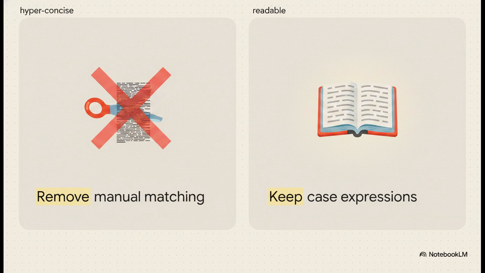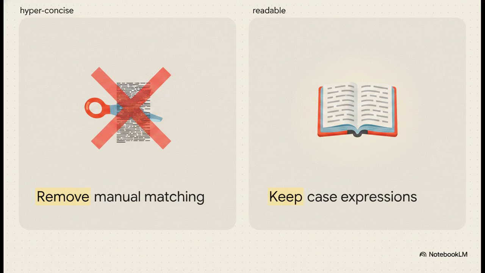They could make the code hyper-concise by completely removing manual case matching, but they explicitly say no to this. Instead, they choose to stick with using case expressions to handle Either results. Why? Well, because removing those matches actually hurts readability, and more importantly, it breaks consistency with the rest of the codebase. It's a great reminder that context matters way more than character count. Honestly, nobody wants to decipher a colleague's custom logic puzzle when they're just trying to fix a bug at 4